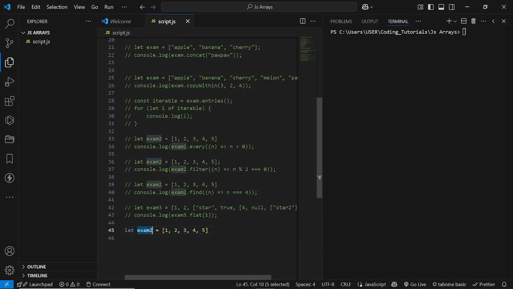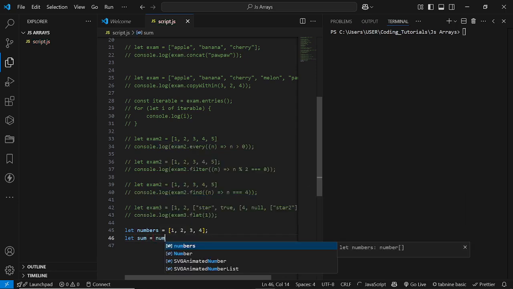So let's change this to numbers, then remove 5. Okay, so let sum equal to numbers